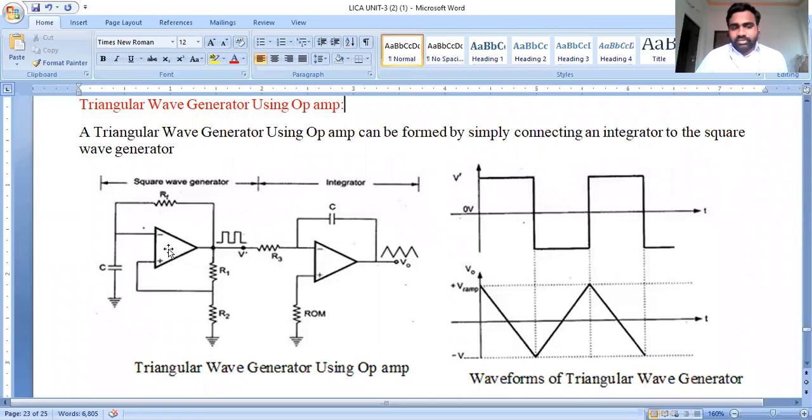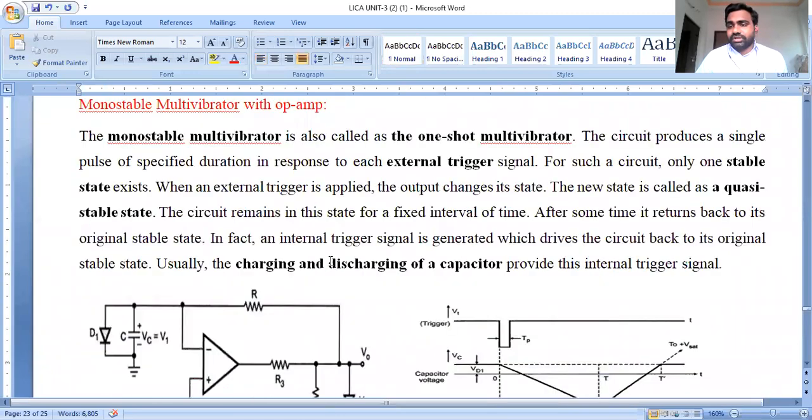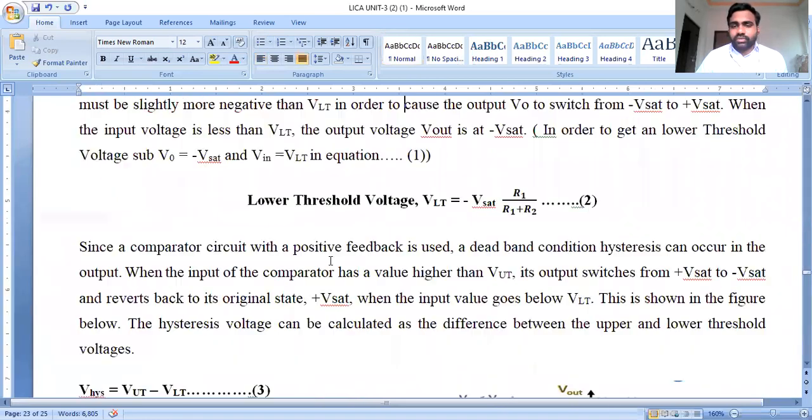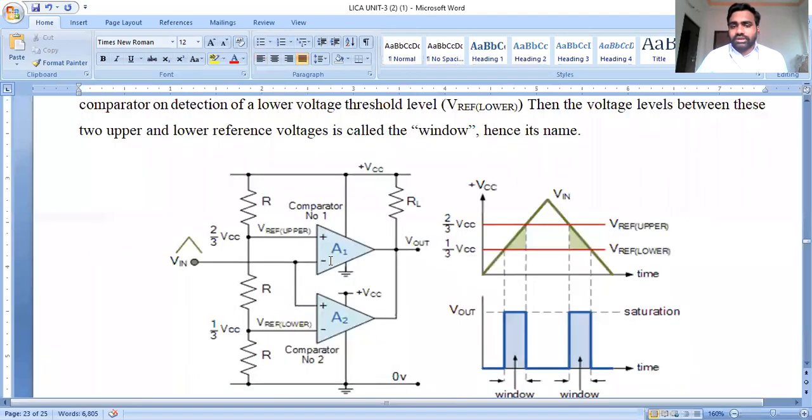An astable multivibrator with a feedback connection of R1 with respect to R2, and an RC circuit connected to the negative feedback terminal. The output is nothing but a square wave, and that square wave is fed to an integrator. So what is an integrator? We analyzed the integrator behavior in the initial applications. What does an integrator mean? The output of an integrator, V output.